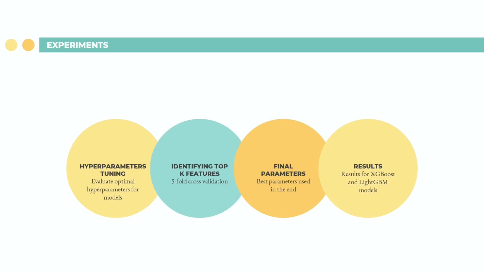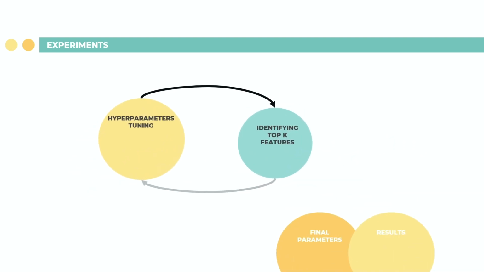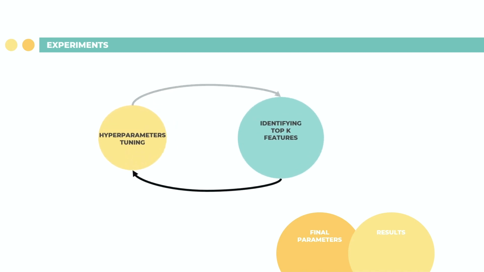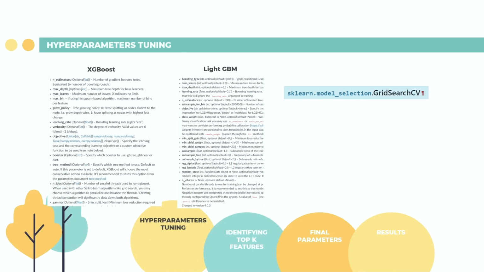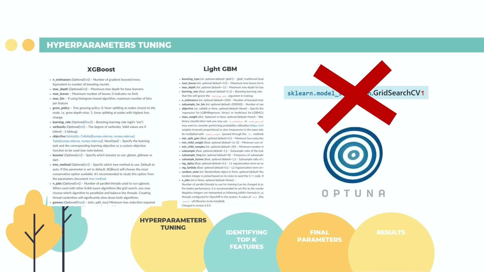After deciding on the models to use, we then had to optimize and train them. This was done through multiple rounds of tuning the hyperparameters and identifying relevant features to use. The first challenge we faced was finding an efficient way to optimize the large number of parameters we had. The standard grid search approach just wasn't going to cut it. Thus, we moved forward with another library, Optuna.